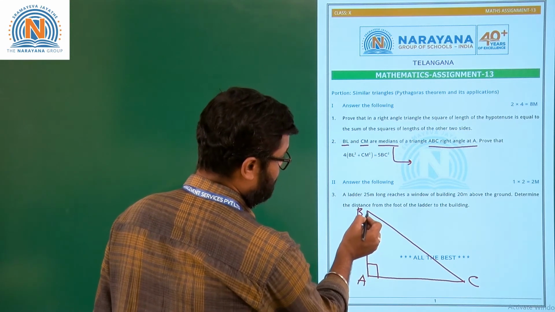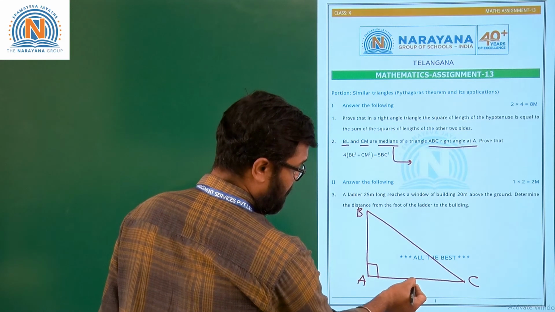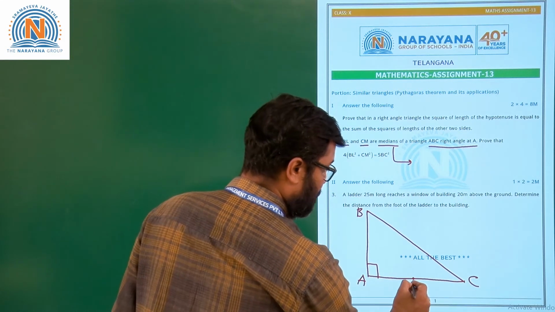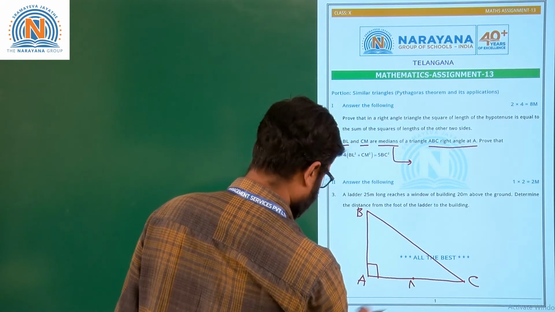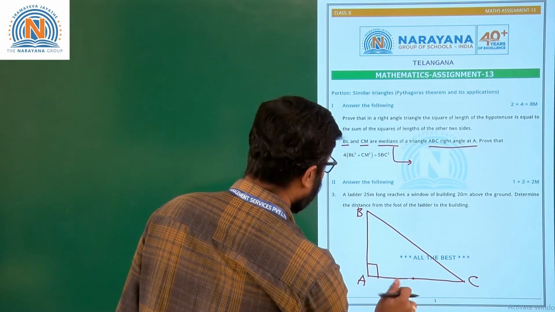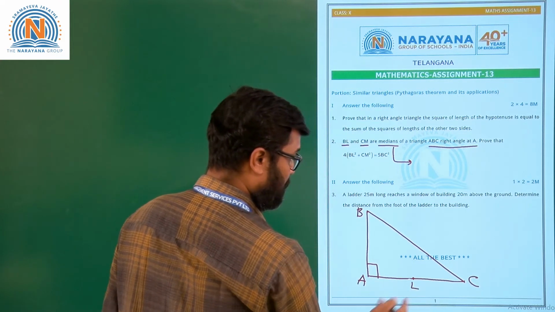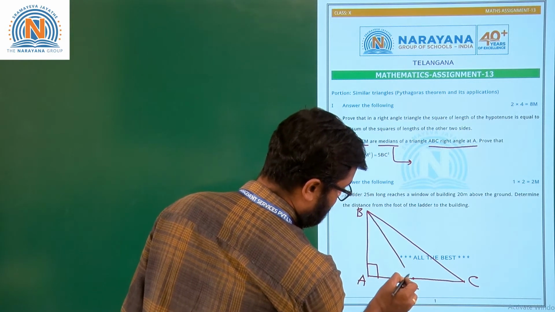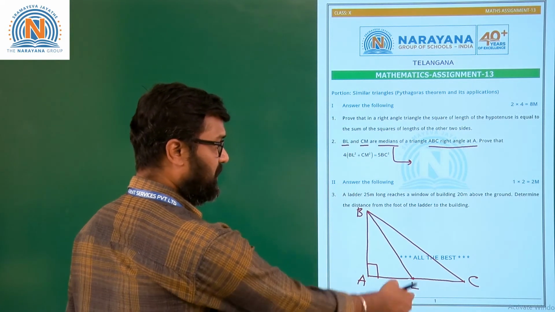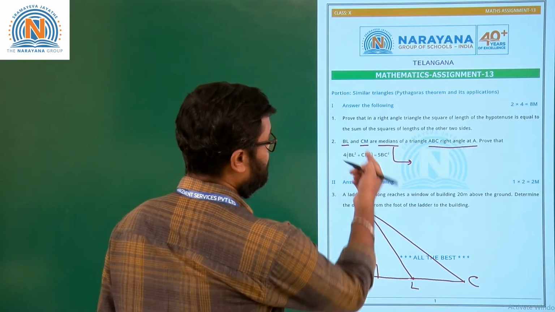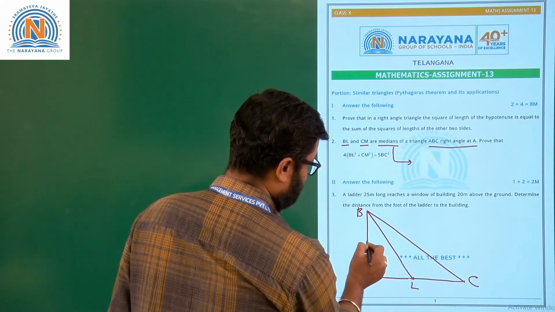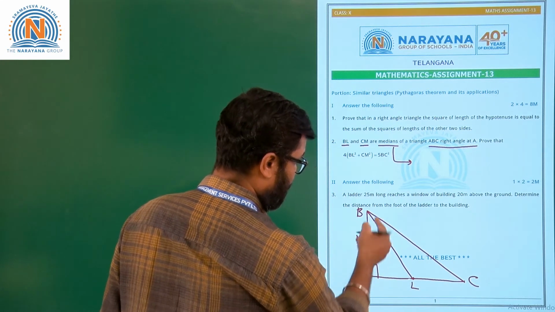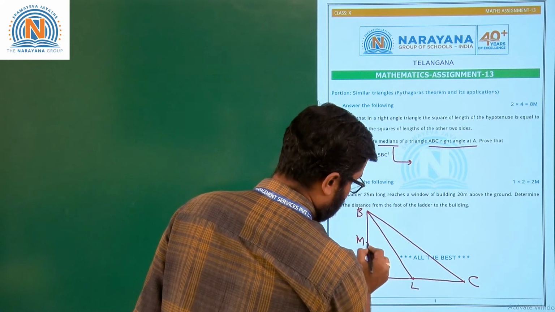So for example, if this is the vertex, the opposite side is this, and if this is the midpoint of AC, let's take this as L according to the data. The line segment joining the vertex and the midpoint of the opposite side is called the median. So now BL is the median. Similarly, CM is there, so M will be here. M is the midpoint of AB. So join these two.